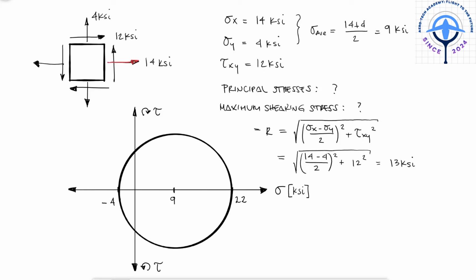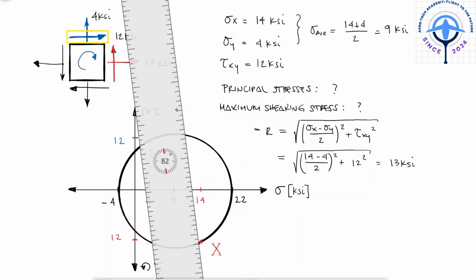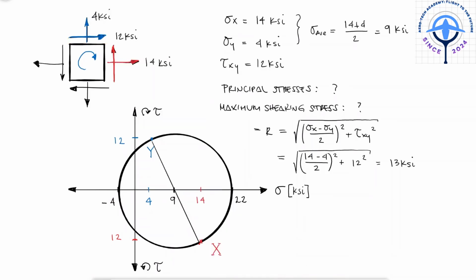Our original stress state for x was located at a sigma of 14 and a tau of 12 that tried to rotate the element counterclockwise. And our original stress for y was found at a positive 4 for sigma and the shearing stress of 12 that wanted to rotate our stress element clockwise. The answer to our questions would be 13 ksi for the maximum shearing stress and minus 4 and 22 ksi